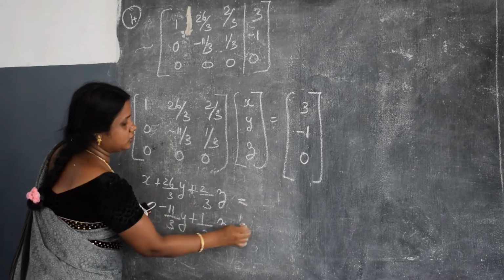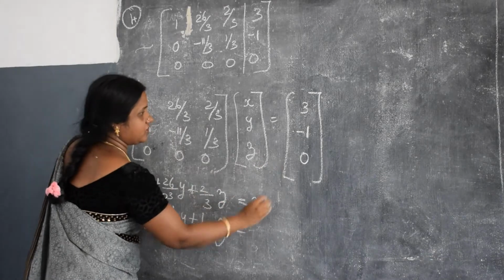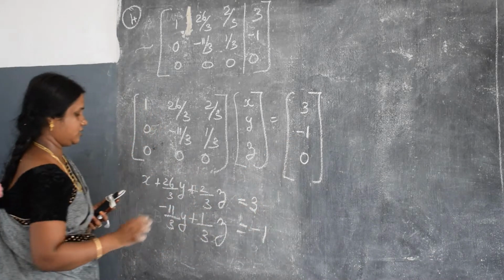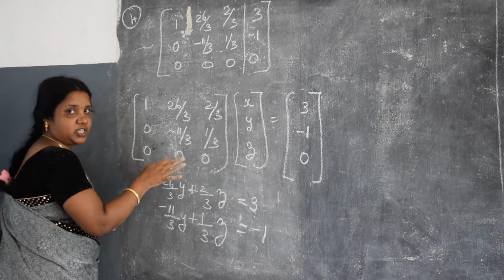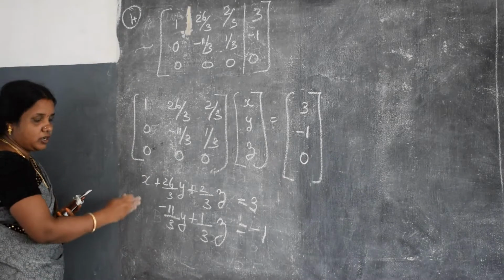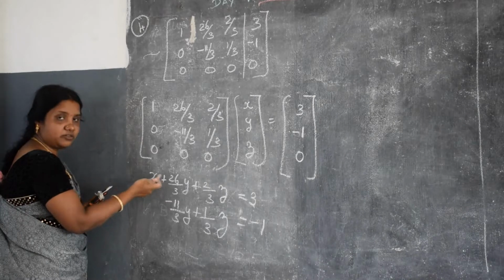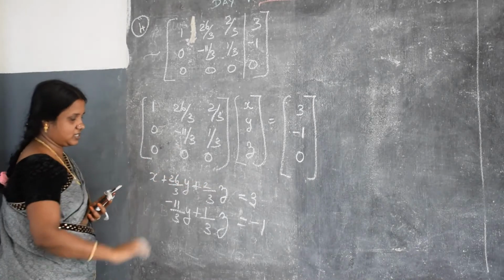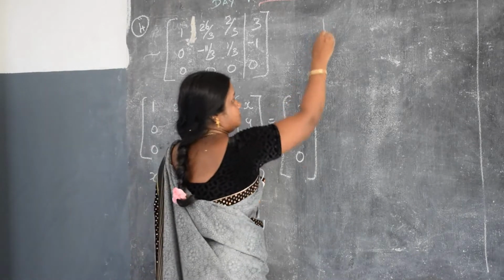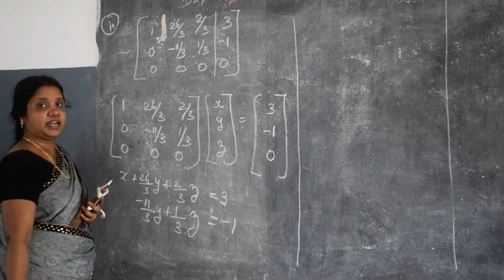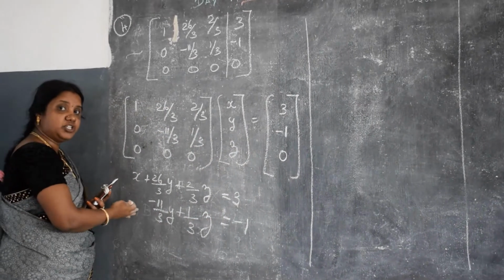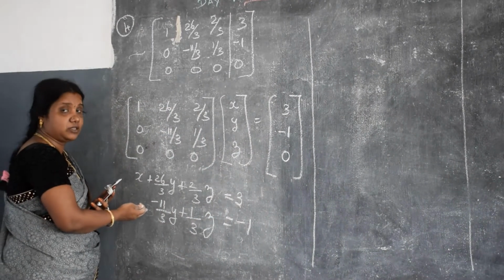This is equal to, this one you have to write for the first equation. This is for the second equation. See, our last row is fully 0. So no need to write anything. Now we have to solve this. Solving both of these, we have to get the values of x, y and z. See here. See, I already said what type of solution we will get. We will get only infinite solution.